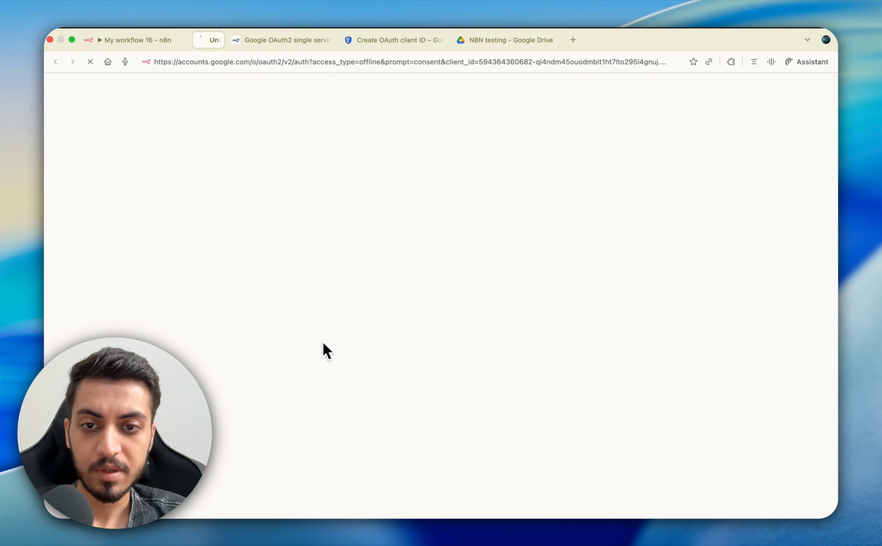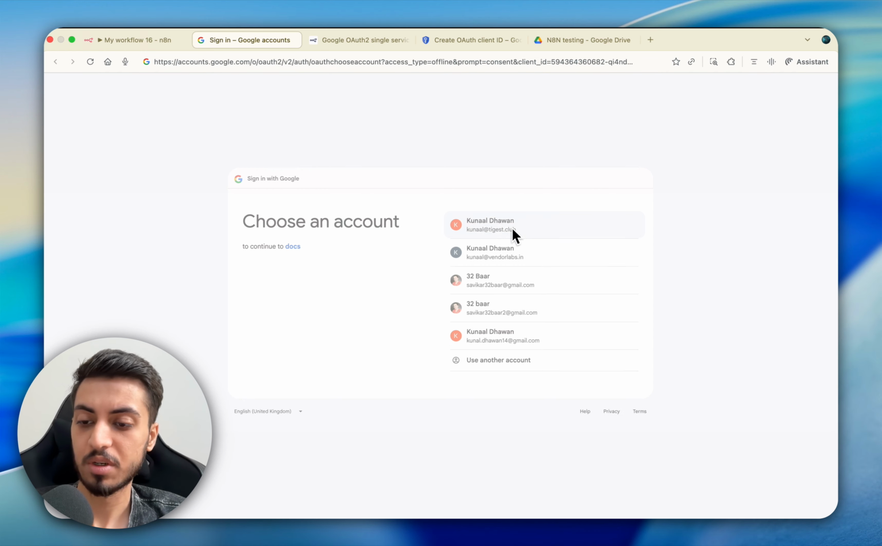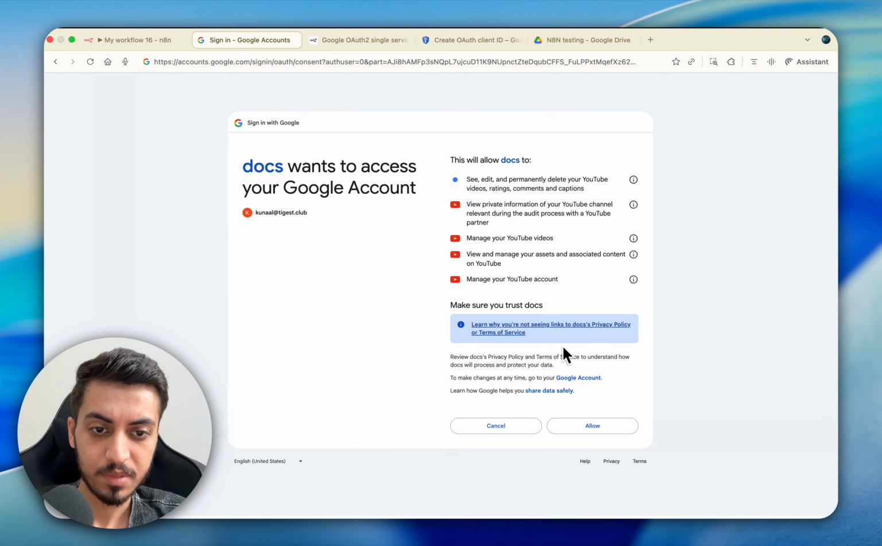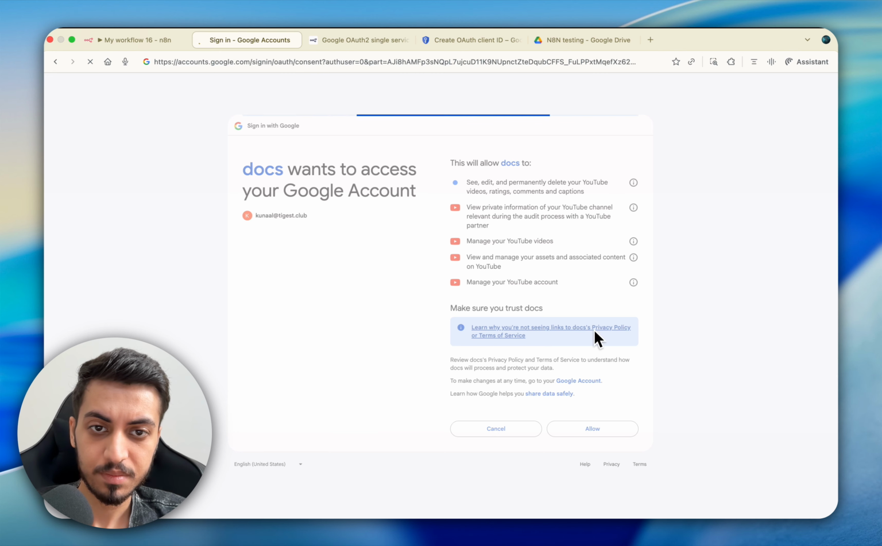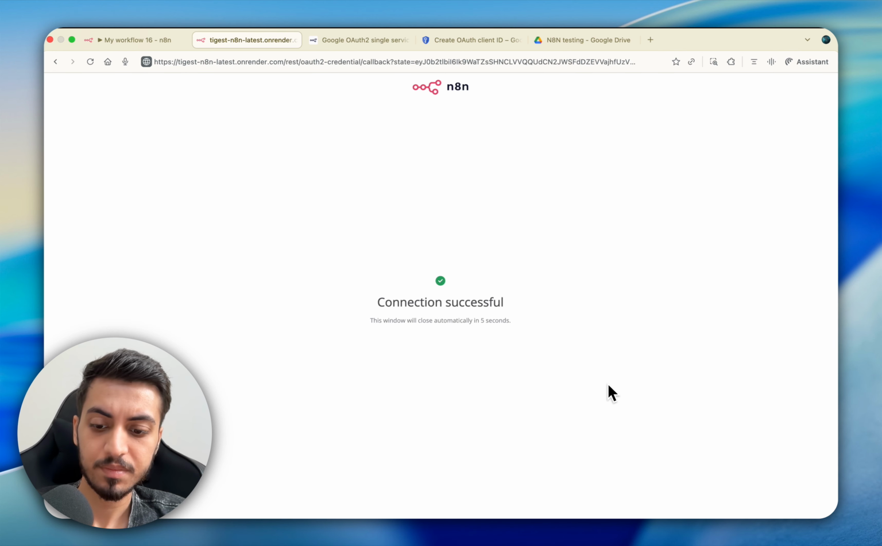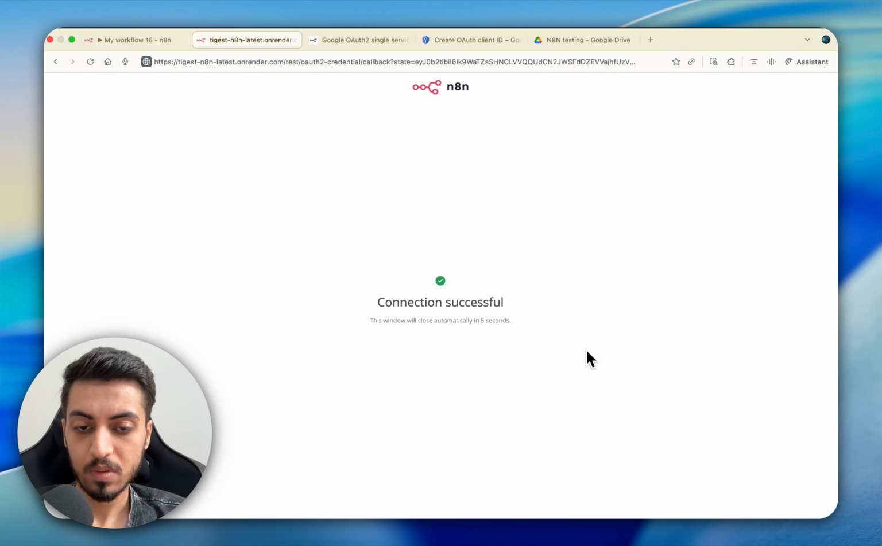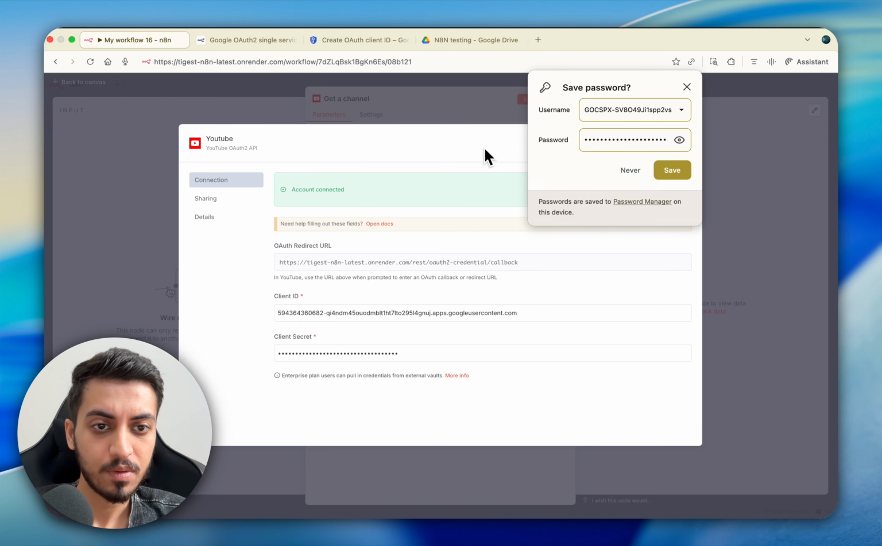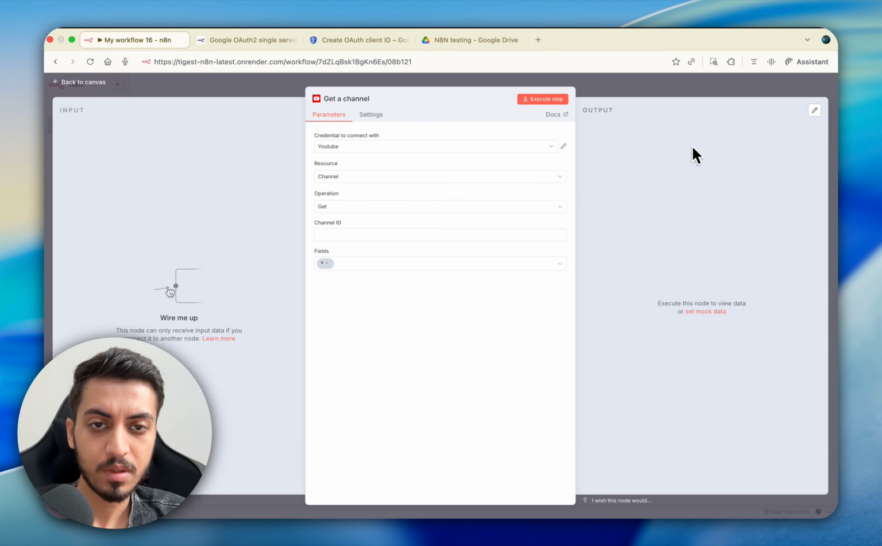Again, it will redirect. Make sure that you are using the right Gmail account. Allow. Cool, this connection is also successful. We can change the name of YouTube, just keep it YouTube for now. Done. So